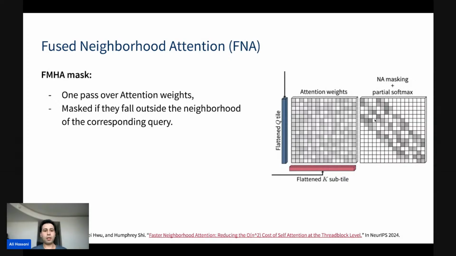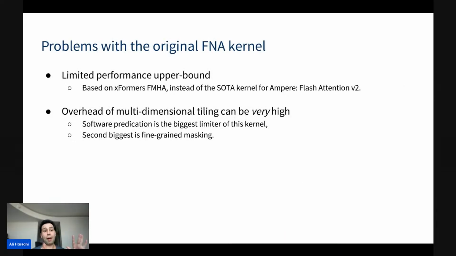And then the second element of it was just the mask, right? We just took the same formula that we've been using to define neighborhood attention, and you plug it into the softmax/masking stage of your attention kernel. You just traverse everything, figure out what the original Q and KV coordinates were, and figure out whether this should be masked or not. But the problems with it were, first of all, like I said, we started with the